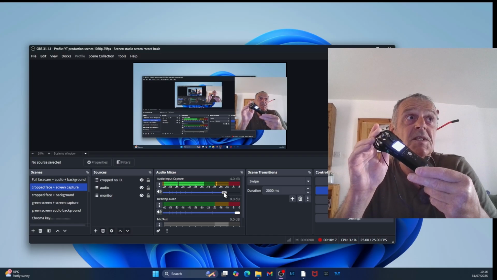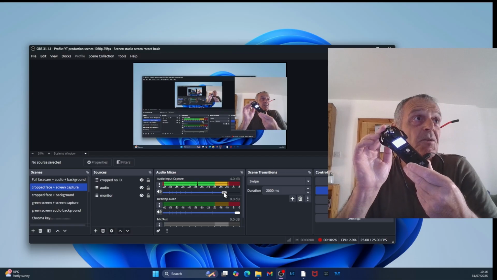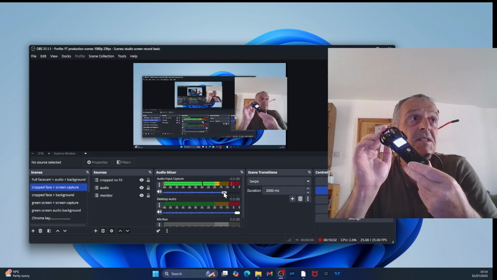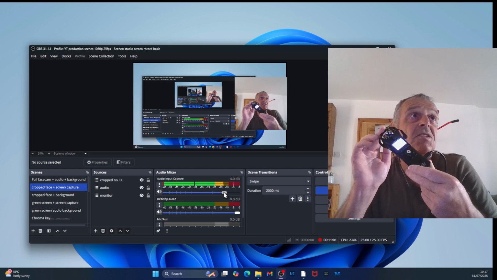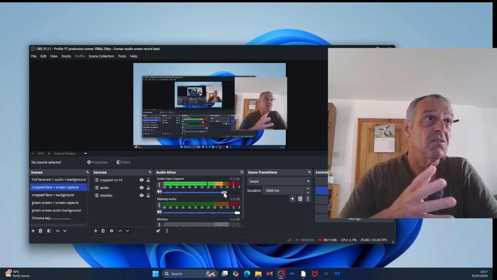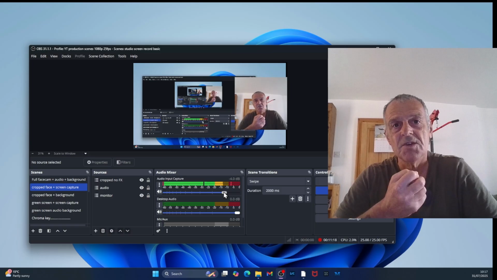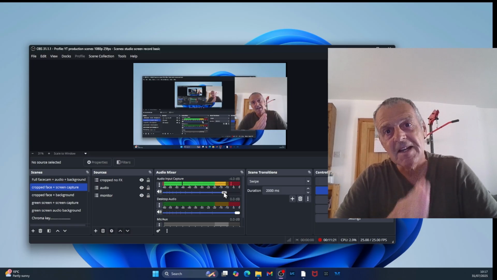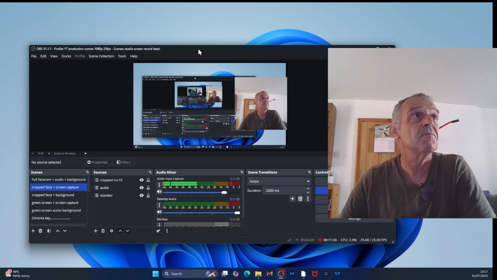So I'm going to turn this back up to 9. There you go. And see it jump up straight away, -12, -10 dB, and I have -4 set on the audio input capture in OBS. Okay, that solved one problem. Or it might not have solved it, but now at least we know that there are multiple settings for the audio interface and OBS. So I'm just going to adjust my screen again, give us a second.